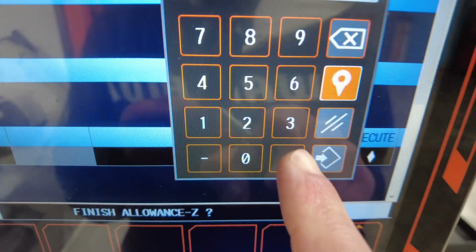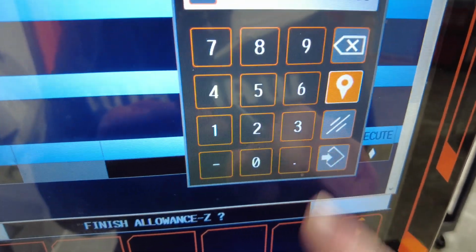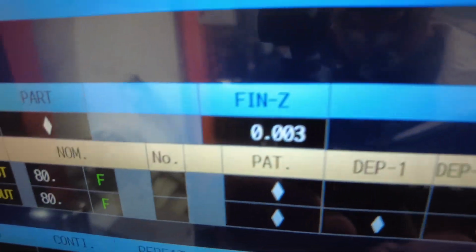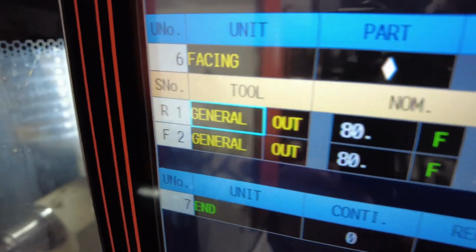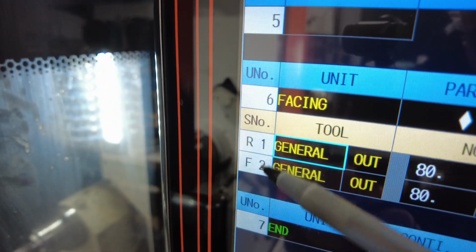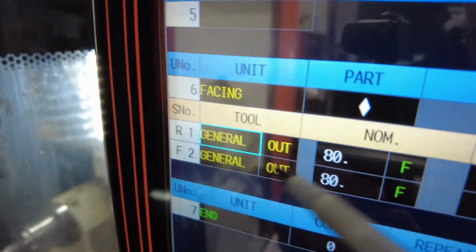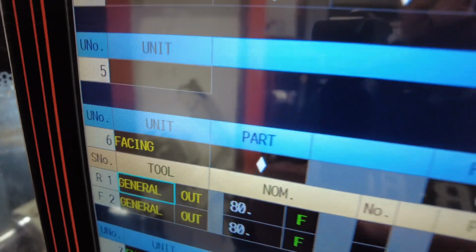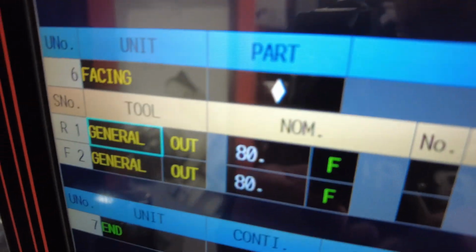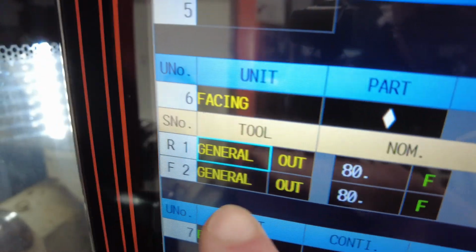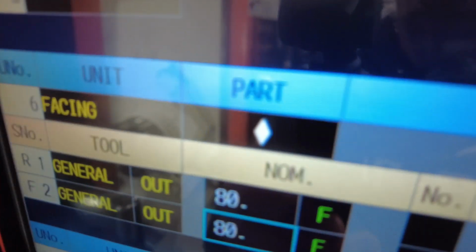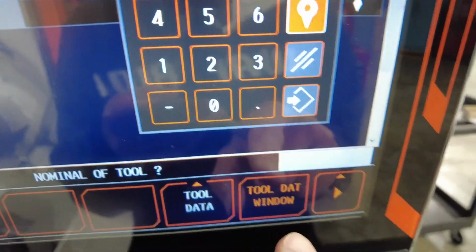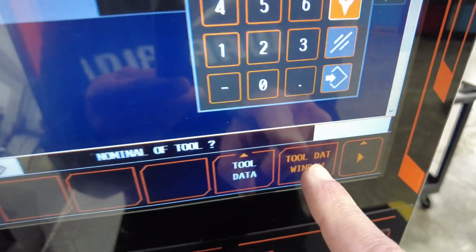So let's go 0.003. As you see, this is enter, and we have our finish. Once you press enter, it's gonna give you a rougher and the finish line. Okay, so general out, and it tells you it automatically applies tools, but the 80 it's okay. But for finishing, and you see finish, you're gonna press this. When you press this, you go to the tool data window. Okay, I press that,